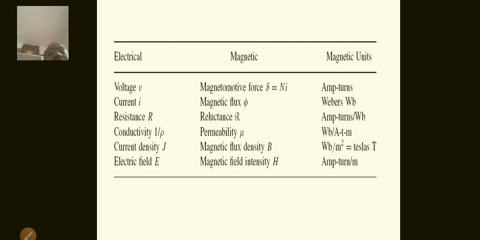That is about the permeability, and the current density, which is indicated by J in the electric field. In the magnetic field, the same thing is magnetic flux density, which is indicated by Weber per meter square, or Tesla, already know that. In the electric field side, the magnetic field intensity H is ampere turns per meter, right? But in the electric field, generally you say volt per meter, that is the electric field, right? So these are the preliminary things required to know what electric and magnetic circuits are and how we are going to use them.